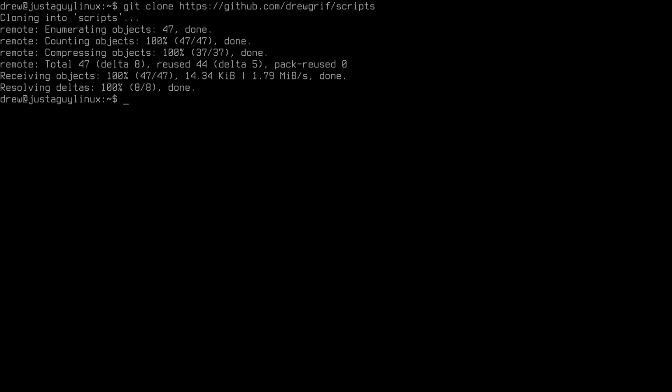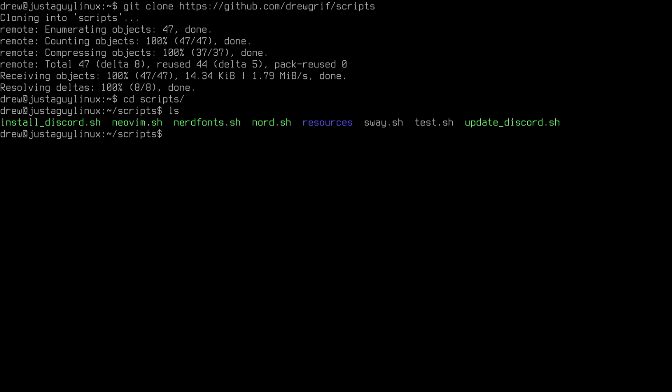github.com/drewgriff/scripts. Okay. Now it's only a few things. I'm going into the scripts, and there is a sway.sh file, and I probably will use that. I've been kind of using it, but it's not really ready, I would say, for prime time yet. But let me go ahead and